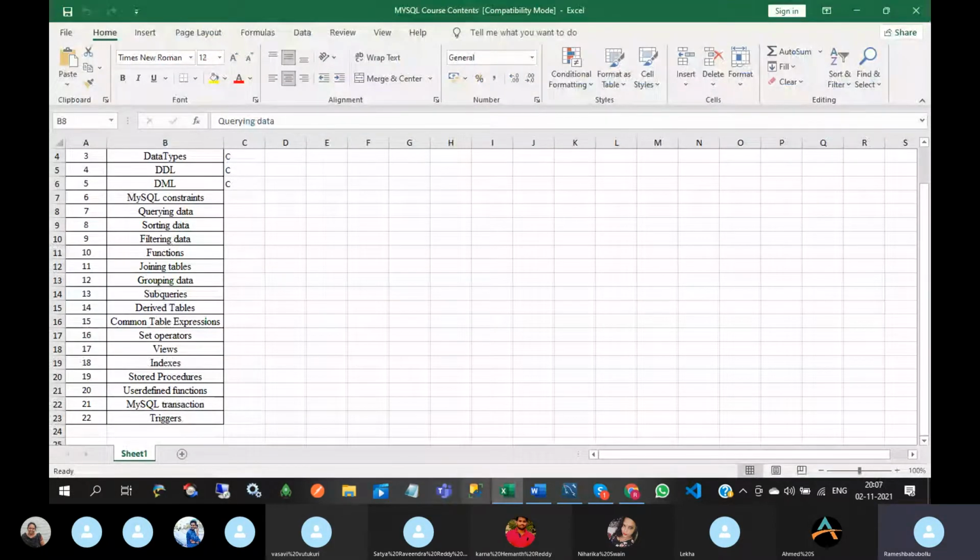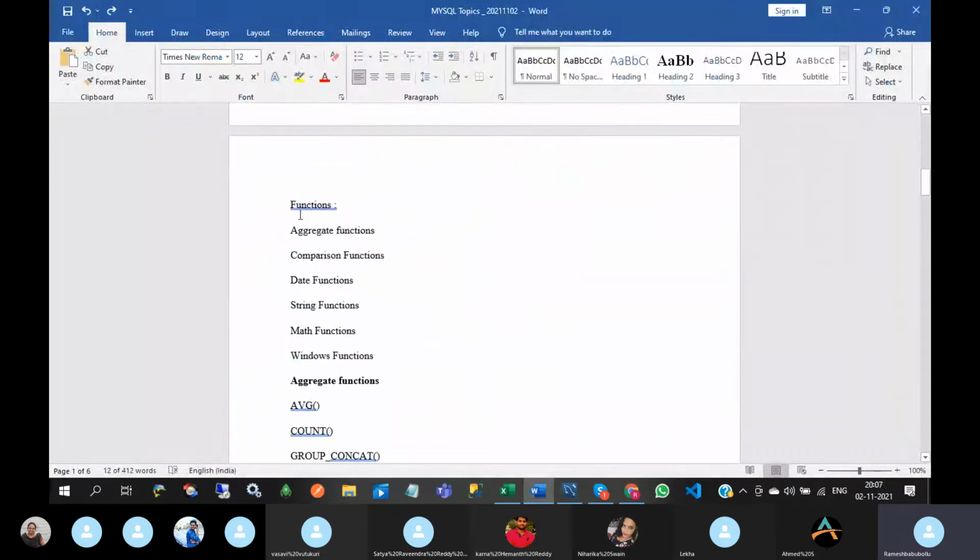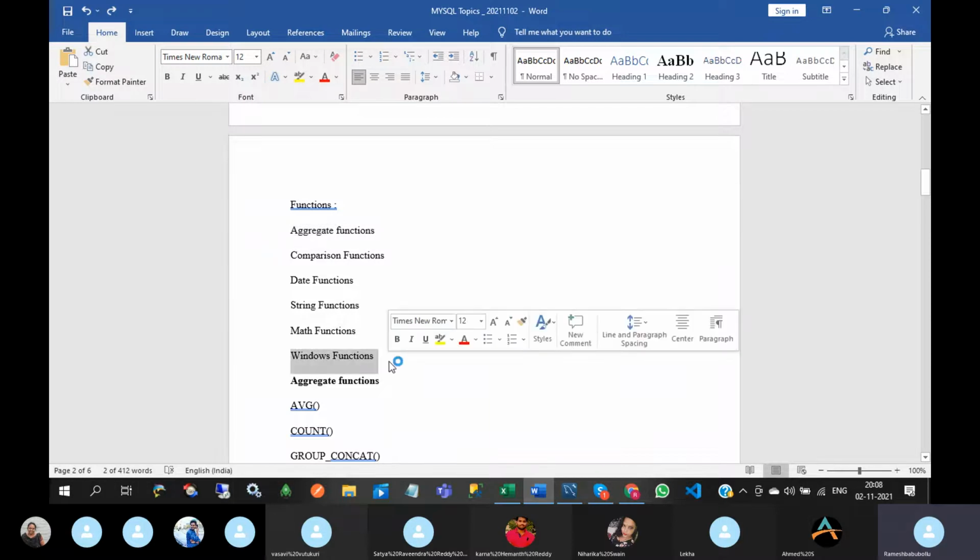Next one is functions. In functions, there are different types of functions: aggregate functions, comparison functions, date functions, string, math, Windows functions. Among these, Windows functions I will tell you later.